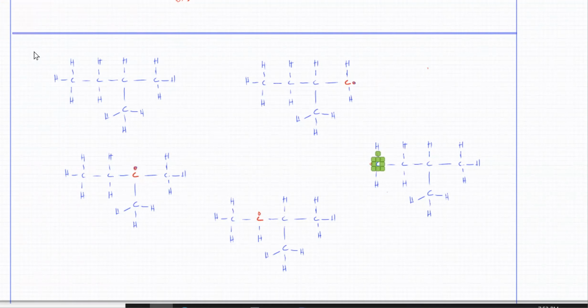And we have this one. So anyways, your knowledge of different structures: this molecule can turn into many different types of free radicals, right? Could there be any other possible free radical? Is that possible?